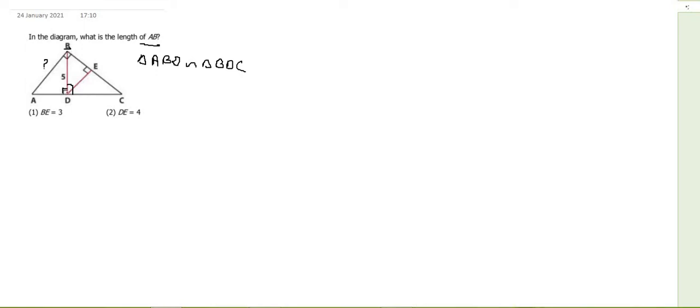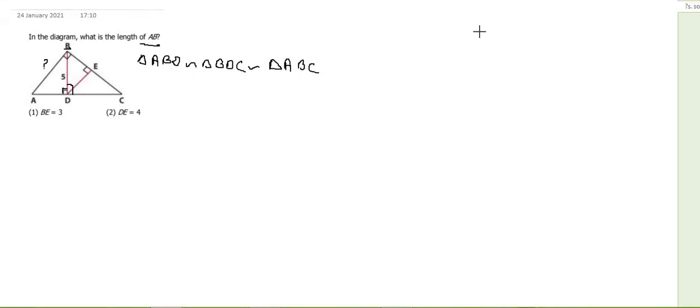angle triangle on the hypotenuse, then that triangle is divided into two similar triangles. So this BD divides the triangle into two triangles, and those two triangles are similar. And they are also going to be similar to triangle ABC. How is that? In case you don't know this concept, let me explain that to you here.